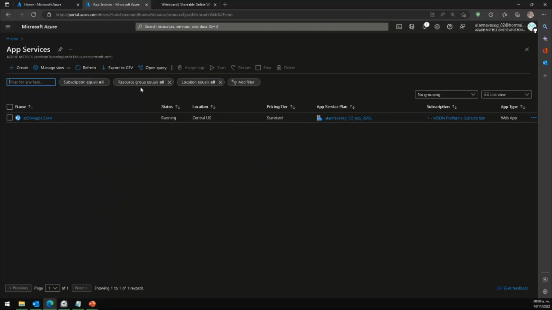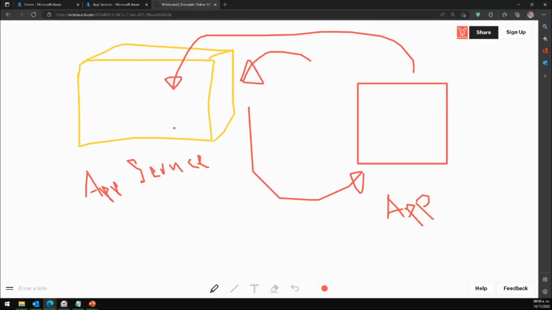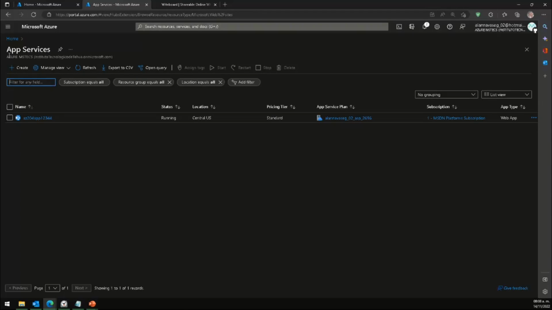What do we have when we open a resource? We will have the main pane, the configuration pane, the place in which we say, please create one instance of this resource. An instance is just a copy of the resource. An instance of an app service is just an app service. As you can see here, I have one that I created yesterday. The names must be unique in the world. So if I say create,